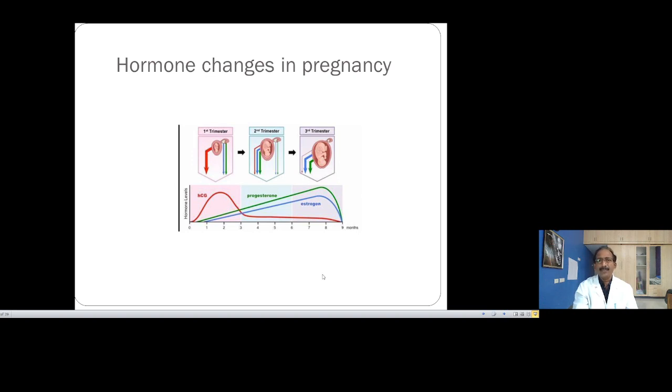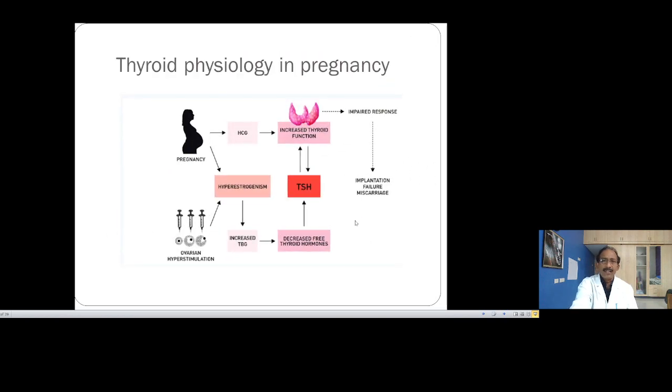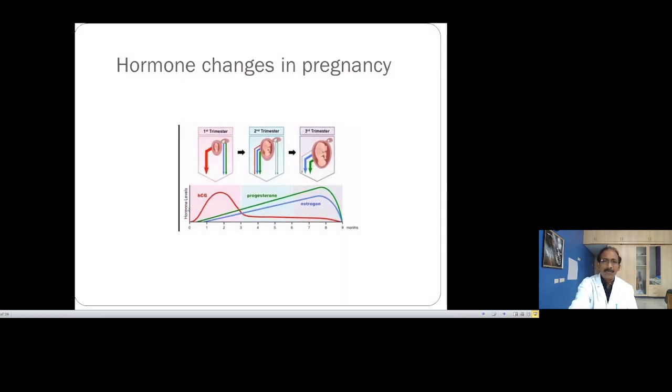You will see this in and out every day once you start your practice. So, hormonal changes in pregnancy. Look at that. There are huge changes happening in the pituitary, thyroid, gonads, and everywhere. The entire body system changes, like cardiovascular, respiratory, and also the endocrine system. So what happens in the first trimester? HCG is high. In the second trimester, progesterone is high, and then the estrogen starts rising. Progesterone starts rising during the seventh, and this comes down in the trimester. And remember, HCG is high,